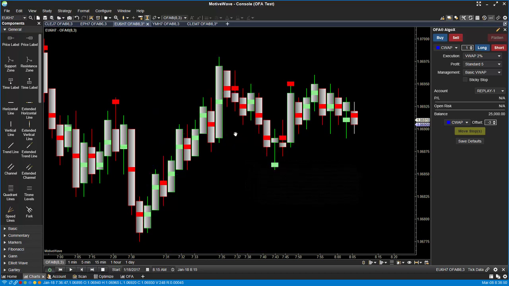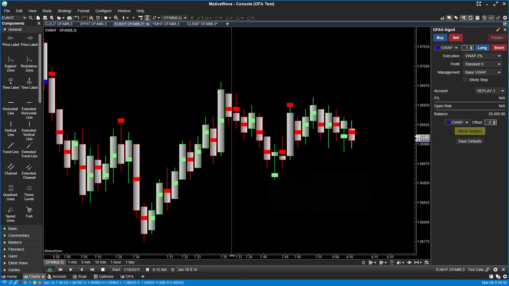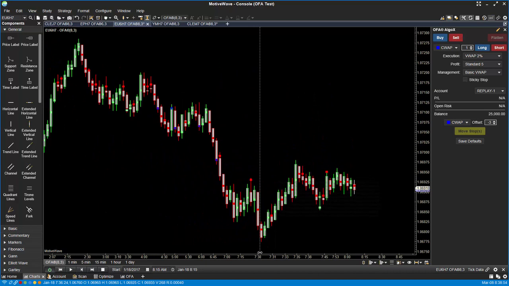So once we have the base concept of what's going on in the current session, let's take a look back at some of the other things that have happened. We had a high here and we had a low here. If we're consolidating in a range, it's very likely that we might trade to one of these two points. The two key transitions of the day are always going to be the high and the low,